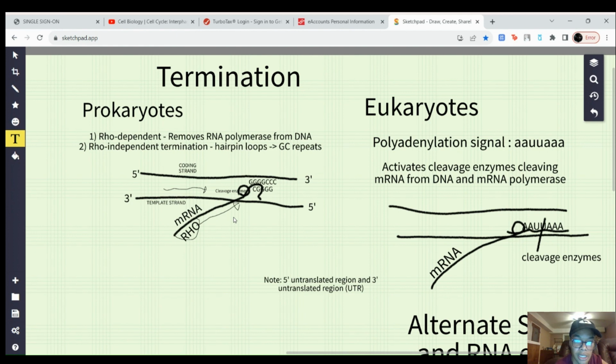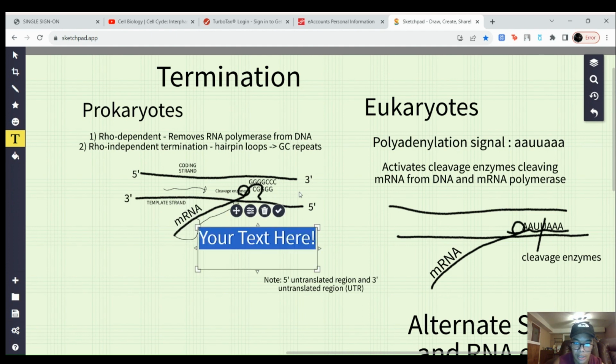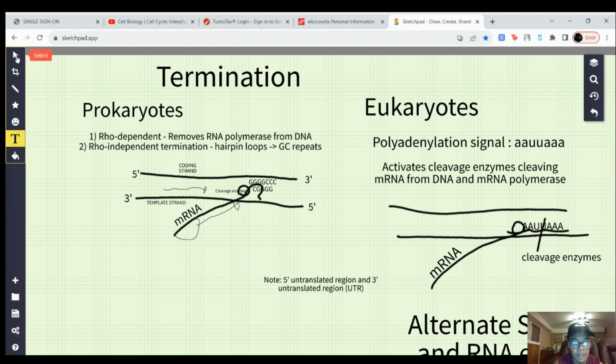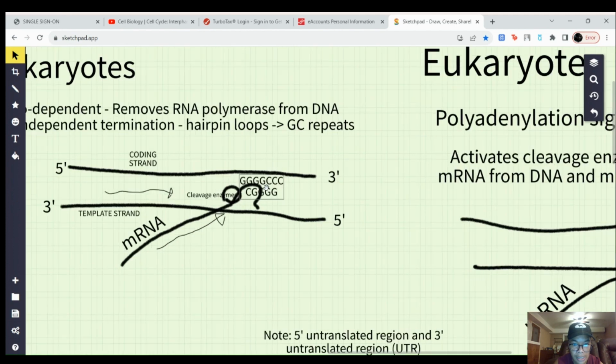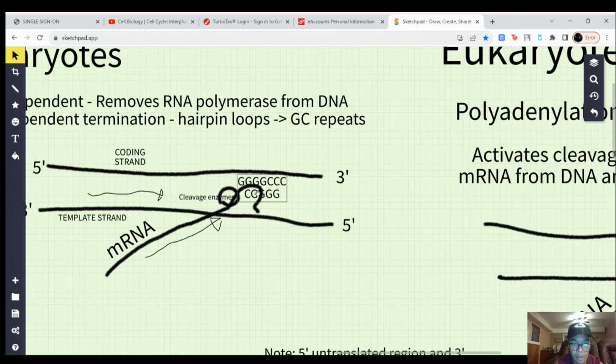Then there's Rho independent termination. So it doesn't use Rho. Rho is no longer used. So we're just going to get rid of all this. Yeah. Boom. Don't need you. Okay. Rho independent termination. There are these guanine and cytosine rich